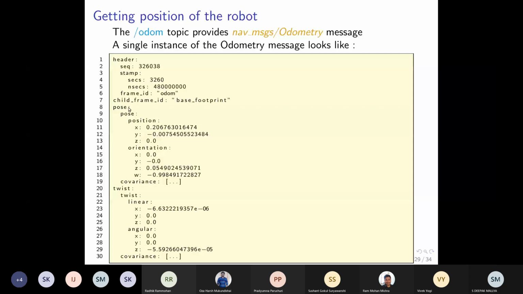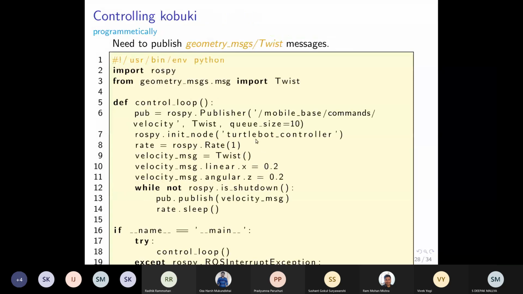That member has a child which is also called pose, then that child has another child position, and there are x, y, and z subfields in this position. So if I want to know my robot's x coordinate, I am going to do pose dot position dot x. In the previous example we were setting it, now we will be getting it.